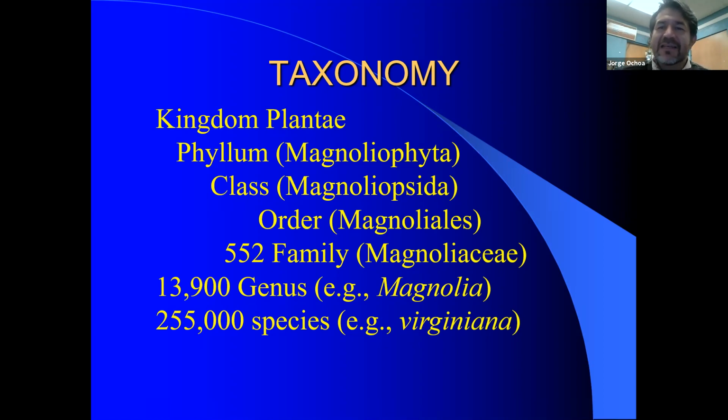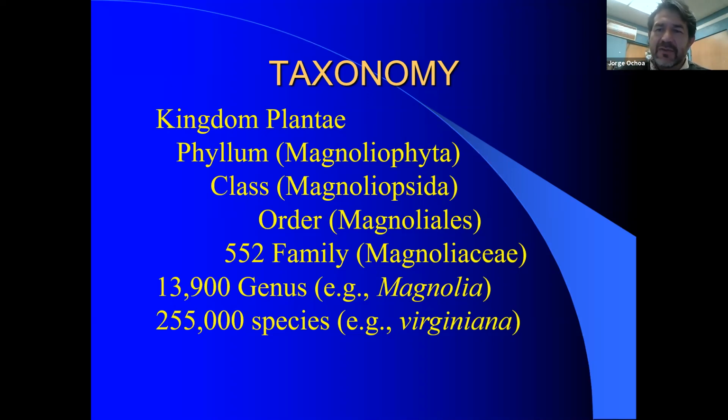And then next is going to be class. And for our example, this is going to be the Magnoliopsida, which is what is commonly referred to as the dicots. Later on, we'll see the monocots, dicots. We'll see some of the lilies, some of the agaves that will fall under the other category. So there's just two main groups of plants, the monocots, Liliopsida, or the dicots, Magnoliopsida. And then we have the order, which is going to be now the Magnoliales, which is going to now